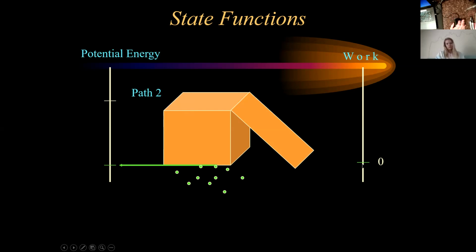Look what happened to work: nothing. So work is not a state function. Potential energy is. So if we want to measure work, we have to do it along a path like this where we can calculate what it is. And in a case like this, there's no resisting force, and by definition, you can't do work unless you have a force of resistance. Okay, all right. So